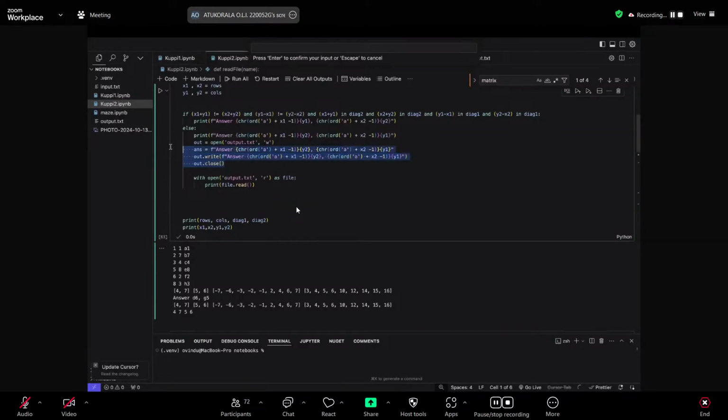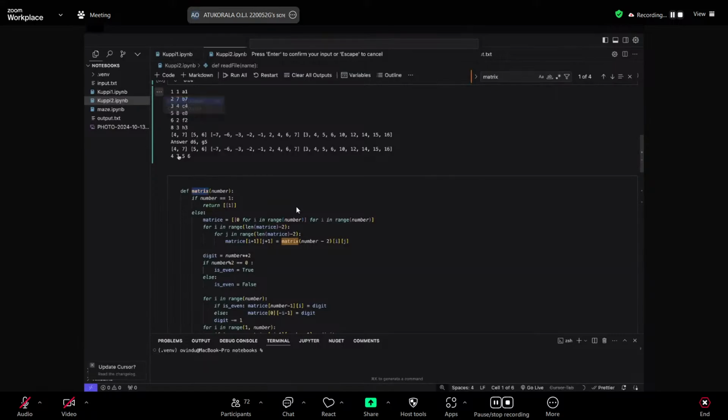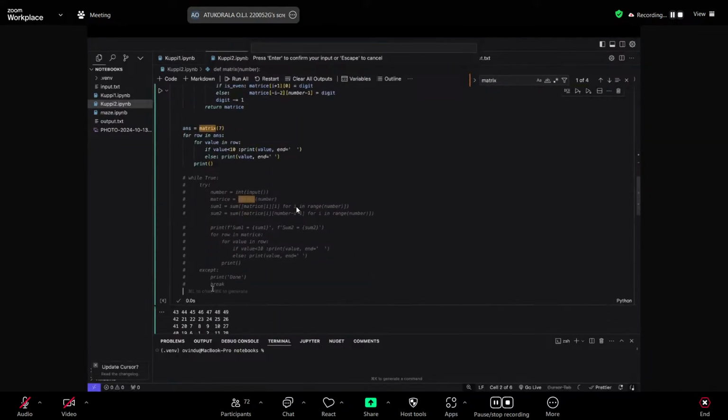I'll just edit it so that everyone can understand it.